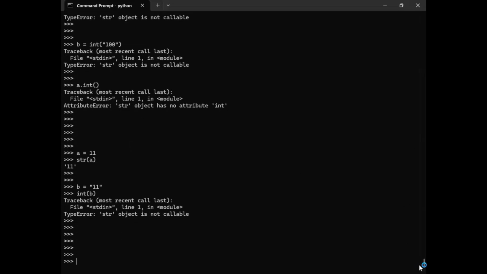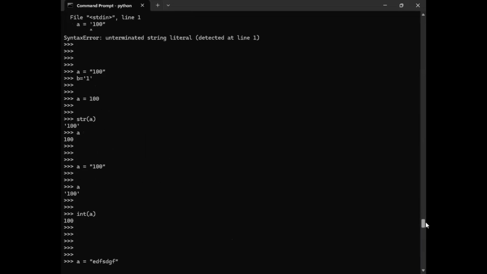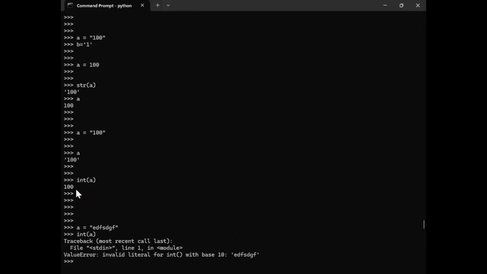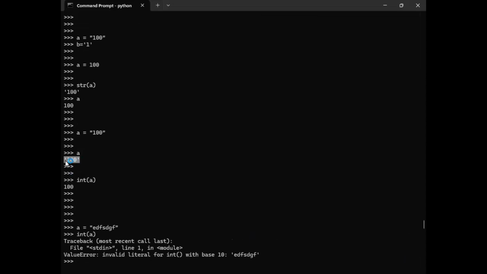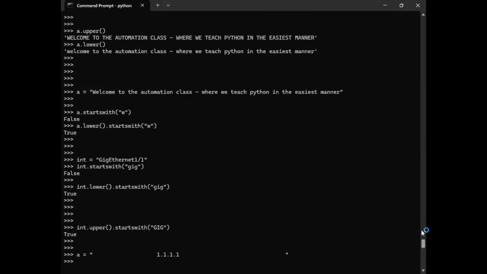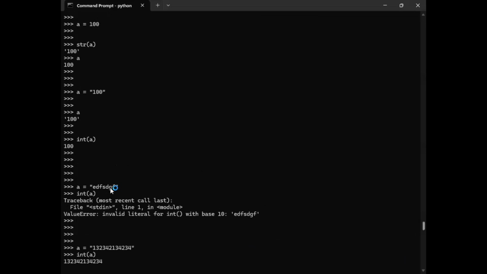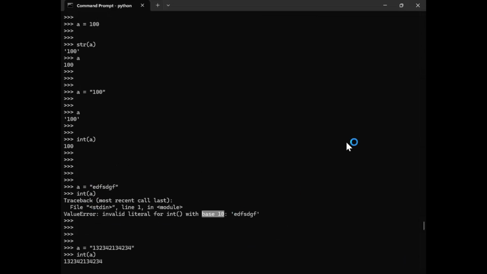So earlier, if you remember, am I making some mistake? Can you see this? The same way we were doing earlier. A value I was taking as 100, right? Like this. And I was converting it into the integer and it was showing you 100, right? But when I showed you some value like A equal to EFGH, it was saying, no, you cannot convert it because it's not a base 10. Remember I showed you before something.